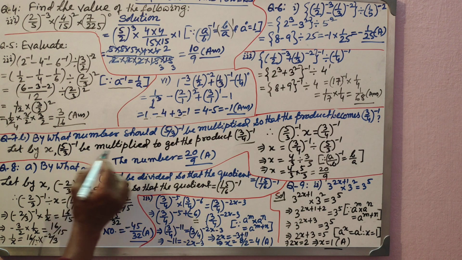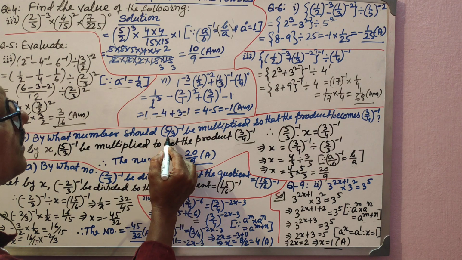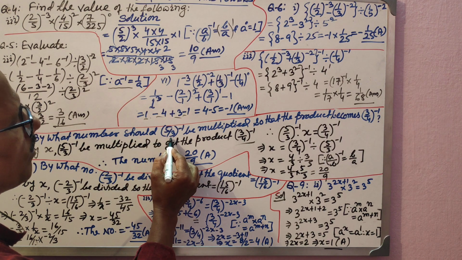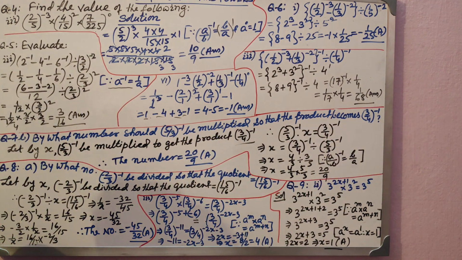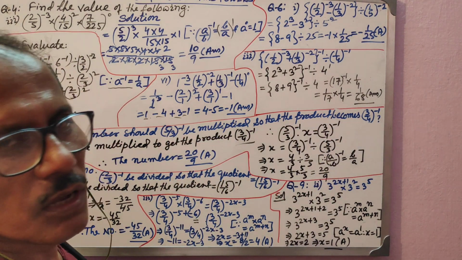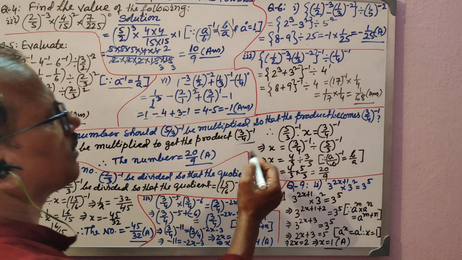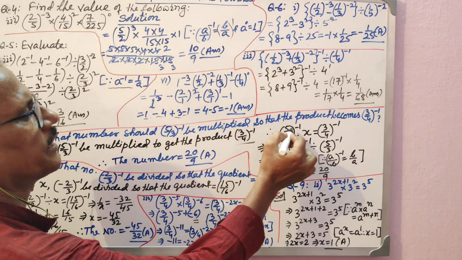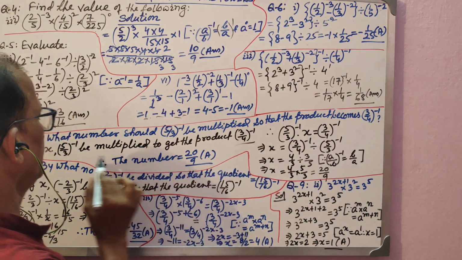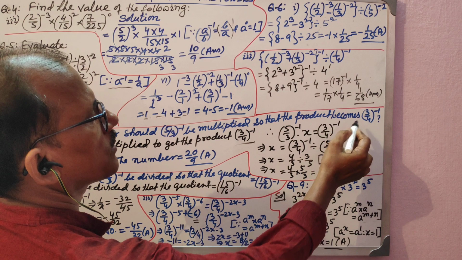So what has happened? What is the multiplier in this case? That will be multiplying this by this, and the result will become this. The product will become 3 by 4 whole to the power minus 1. So now let it be x. What is the multiplicand? 5 by 3 raised minus 1. Multiplied by x, let it be x. Then that is equal to this, that is, the product is equal to this.